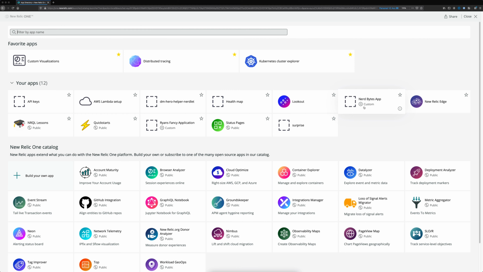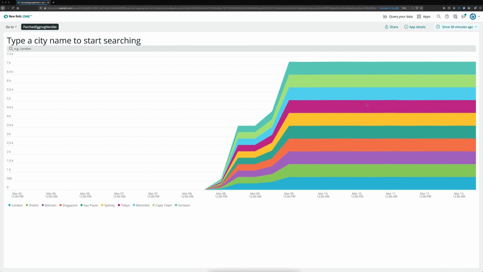So now I no longer need to run it locally. I've finished with my development. I've finished with my testing. This is now ready to go for my colleagues to start using on this account so they can open it up. And it's the very same application that we were building locally, but now it's just a fully published, ready to go version of that.